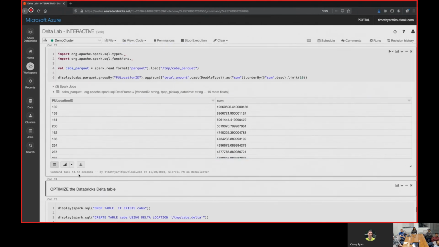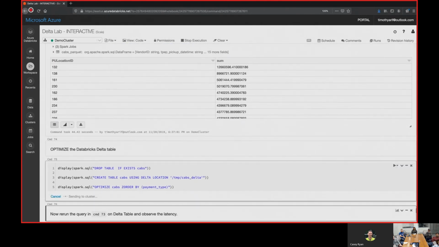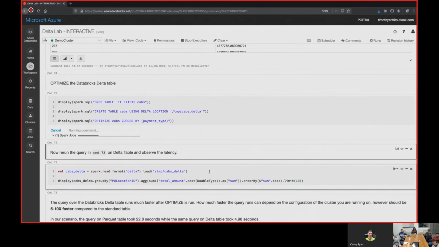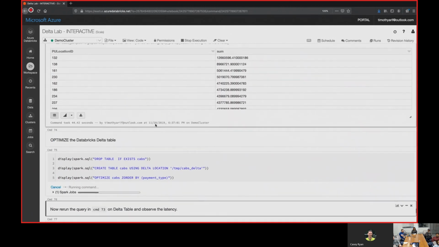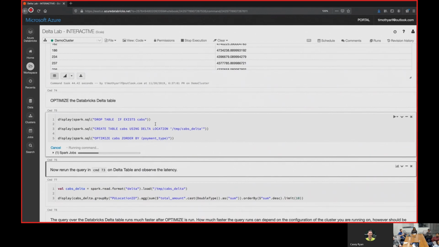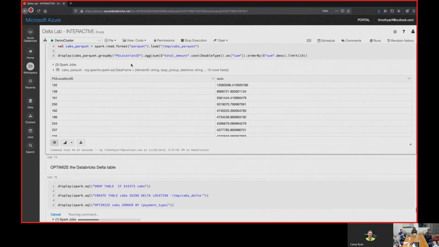So we can see that took 44.42 seconds. We're going to drop that, create it, and then optimize it. What we did before was all from the Parquet files.